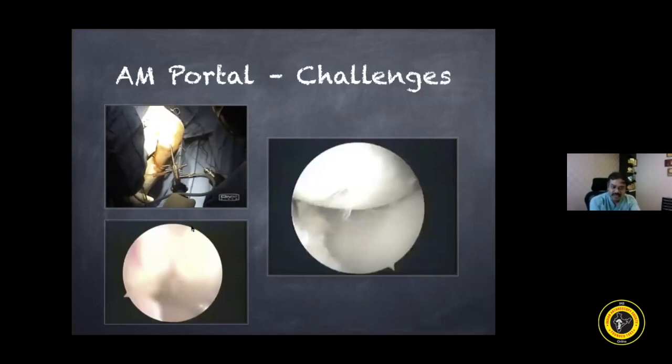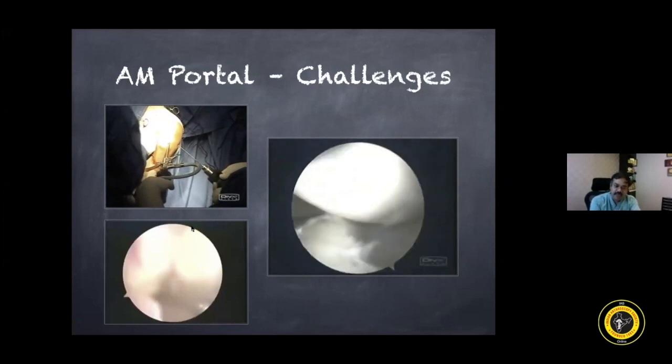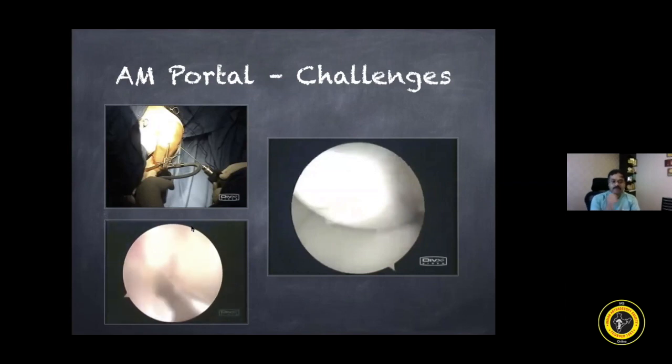You can see this image. We need to keep the knee at 110 to 120 degrees so that you get the angle of alignment. The second problem is that while passing the guide wires as well as the reamer through the anteromedial portal, sometimes you can accidentally damage the lateral femoral condyle. That is another issue. Medial femoral condyle, that is another major issue. And the last thing is that when you keep the knee in flexion, sometimes the visualization is affected if you're not taking much of the fat, so you need to take more of the fat, and the visualization is also not clear.